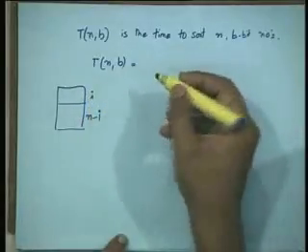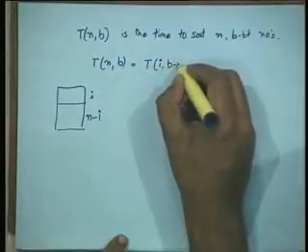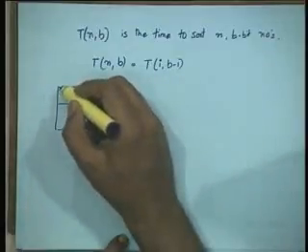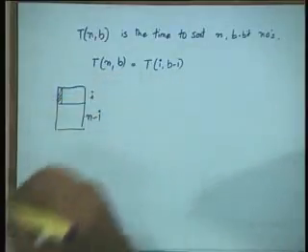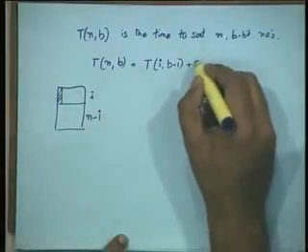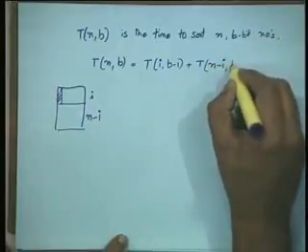Because we are going to do it recursively, it should be T of I comma b minus 1. That is important, the b minus 1. Why is it important? Because we are going to ignore the leftmost bit, as the leftmost bit is going to be the same for all of these numbers. And the time required to sort the other n minus I numbers is T of n minus I comma b minus 1,